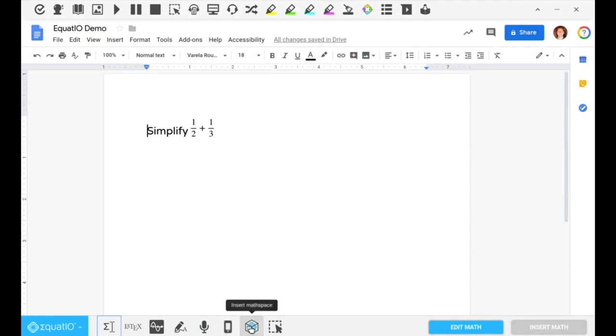The EquatIO Math Space, I can directly insert from the toolbar. Again, I'll show Math Space, but it's essentially a digital whiteboard with math manipulatives built to do math with the EquatIO input methods. And the screenshot reader, which is really great. If I can find any handwritten or printed math on my screen, I can take a screenshot of it and make it accessible, but also editable by being able to copy the underlying math bits. So again, the big umbrella here is if you're doing math somewhere, no matter how you choose to do it, we want to make it digital with EquatIO, and then it makes it accessible and also editable.